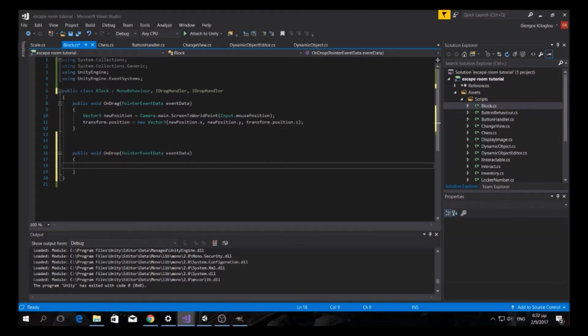So whenever we drop it, so whenever we stop clicking, we're going to find the Scale with a capital that contains the position of the boxes we are looking for. So let's call it scale,